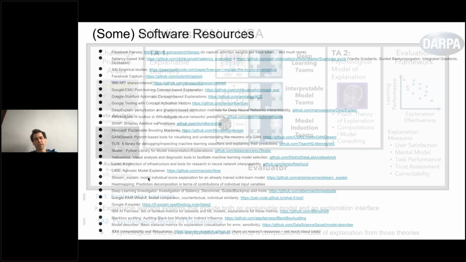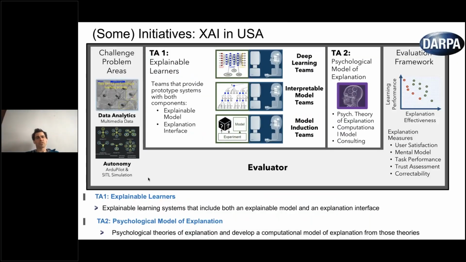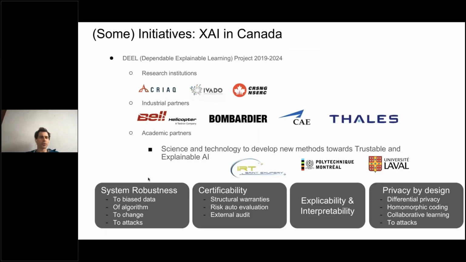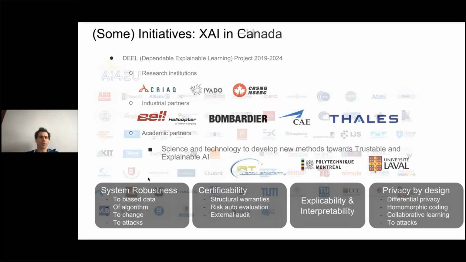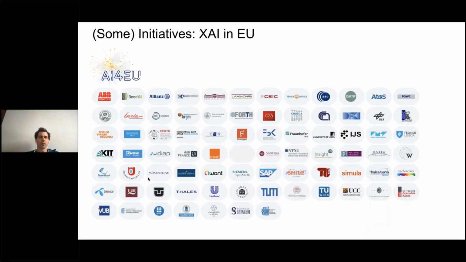So yeah, just to quickly wrap up and give a bit of time for questions. XAI is a very hot topic. There is very interesting work done in the US, which is done by DARPA. In Canada, there is some work under the DEEL project, which aims at building robust machine learning systems. In Europe, a similar initiative, the AI for EU, and more recently on robustness with the Confiance.ai in France. So there are a few projects that try to address those challenges and much more towards how you make machine learning